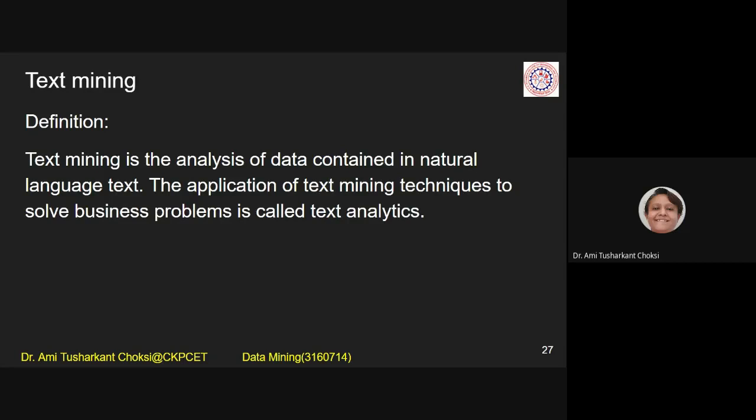Whatever data we provide to that model, based on the features and particular parameters of that model, the performance of that particular thing is being measured, right? And that is the analytics, data analytics. When the data is text, we call it text analytics, right?